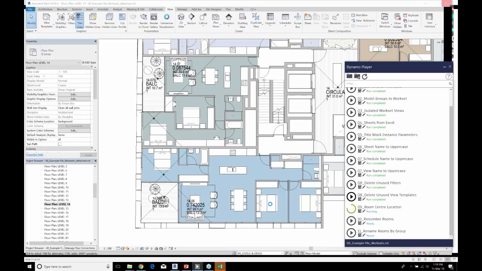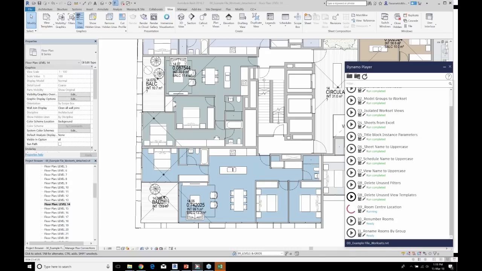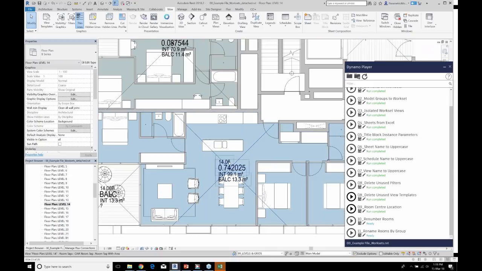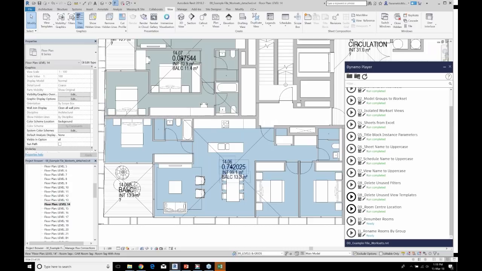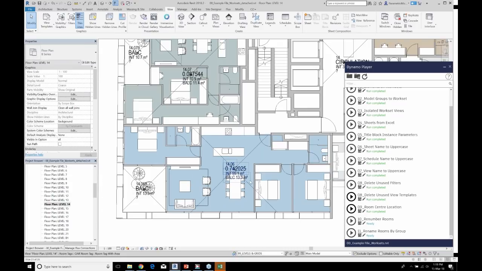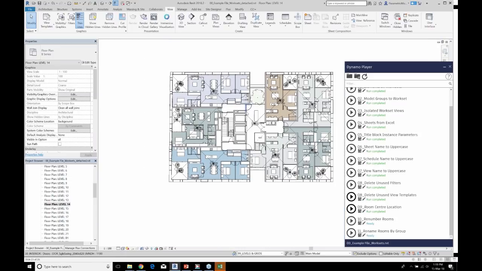But once this is done, we're going to move on to renumbering rooms. And this is an eternal problem that, again, I'm not sure why Autodesk haven't already addressed. It's not unusual for an architect to have to number rooms, and I'm not sure why we don't have an out-of-the-box solution. So what we can see here is that room, now that it's finished, is in the center, and our room tag has followed to match that.